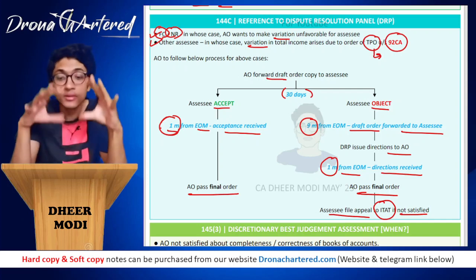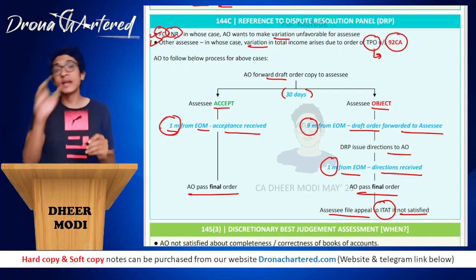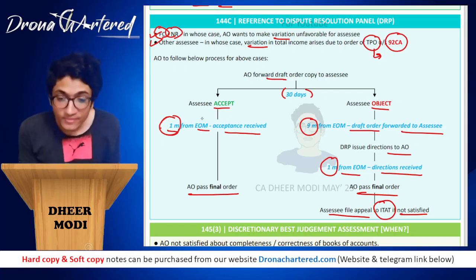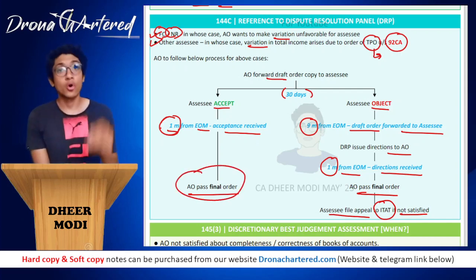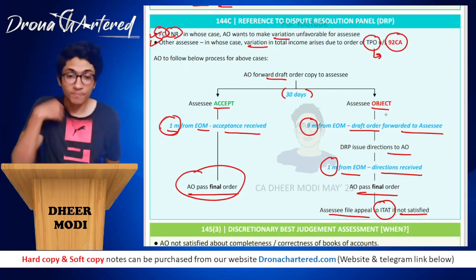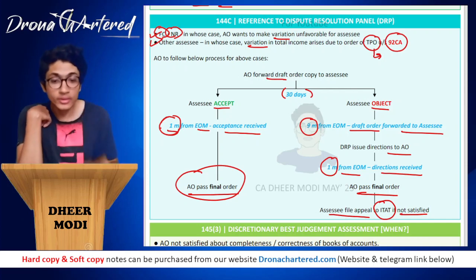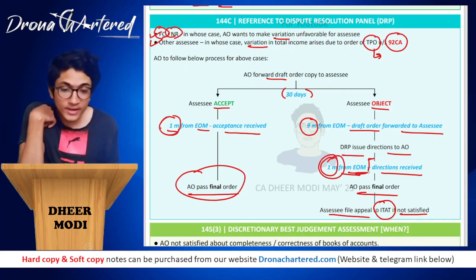Okay, I hope this is clear to you. So first of all, SSC will be given 30 days. SSC can either accept or object. If SSC accepts, this shall be given 1 month from end of month from when acceptance has been received, and AO will pass final order. That means whenever the acceptance is received, 1 month from the end of month, AO will pass the final order. If SSC objects, 9 months from end of month, draft order will be forwarded to SSC. DRP will issue directions. Then 1 month from end of month from when directions were received, AO will pass final